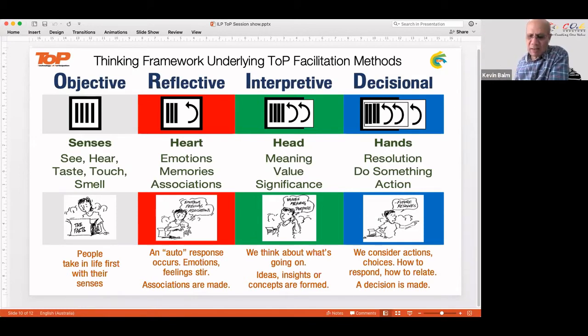Now, this can take the form of a decision, action, next steps. Sometimes the conclusion is to say, we don't as yet know enough. So we need to go canvass more information, more feeling. We need to dig deeper, in order to generate some greater or deeper meaning, understanding, before we're ready to say what we will do about it. So sometimes you loop back in this process in order to go deeper before you then fall out into making a decision, okay? ToP calls this the decisional level, okay?